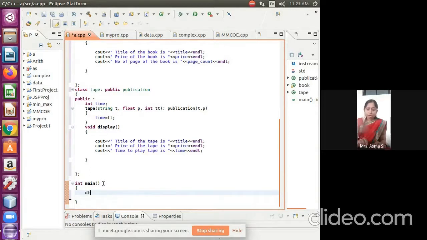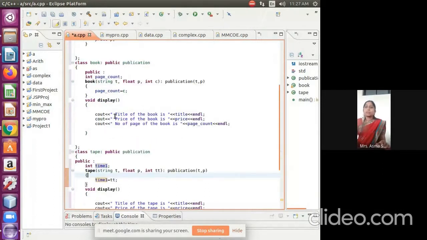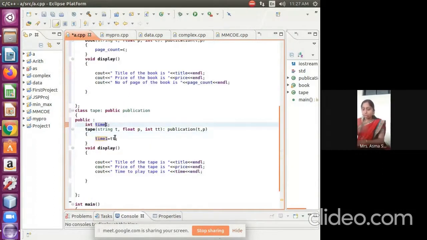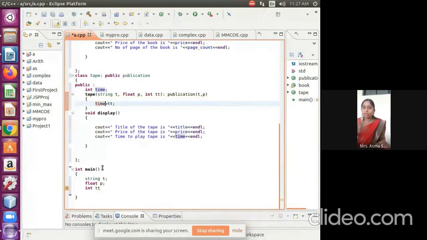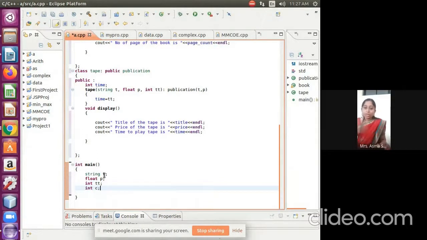I am writing here string t for the title, float p for the price, integer TT for the time, and one more is the page count, so I am writing c. Okay, so these are the variables.